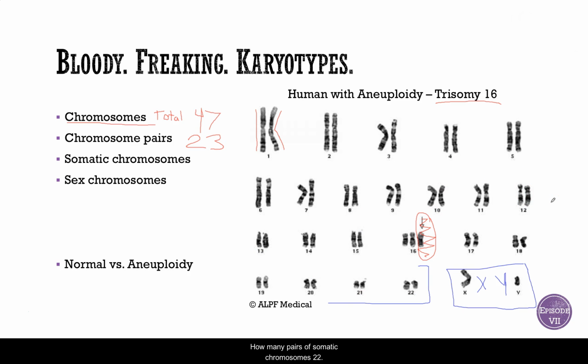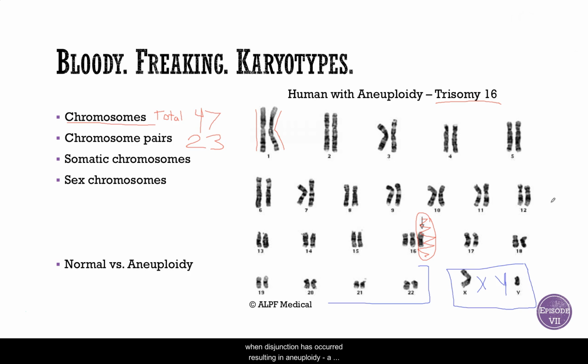How many pairs of somatic chromosomes? 22. How many pairs of chromosomes? 23. How many total somatic chromosomes? 44. How many total chromosomes? 46. Don't forget that we are dealing with the issue of standard or normal numbers of chromosomes versus when disjunction